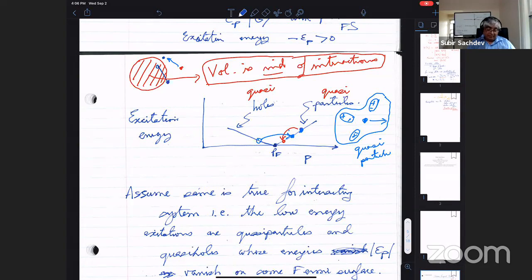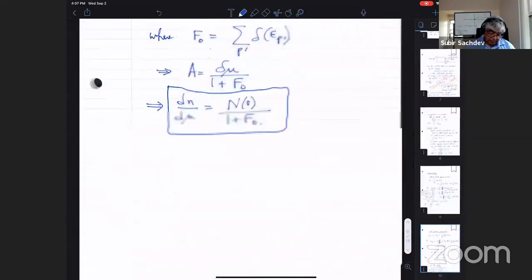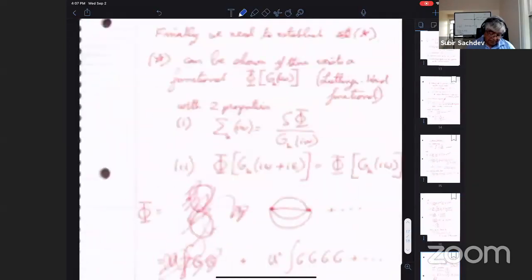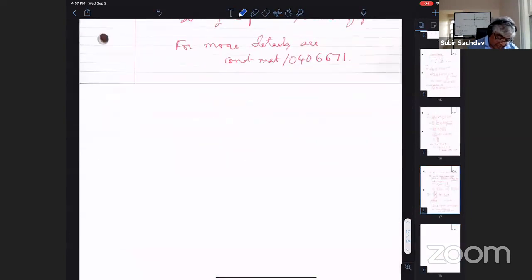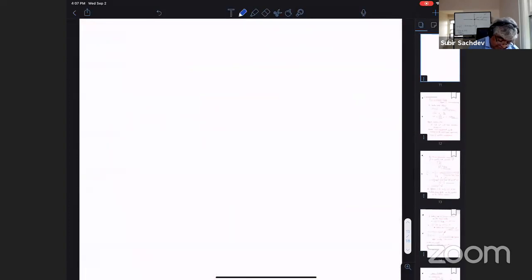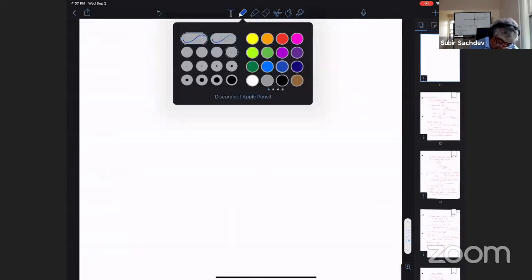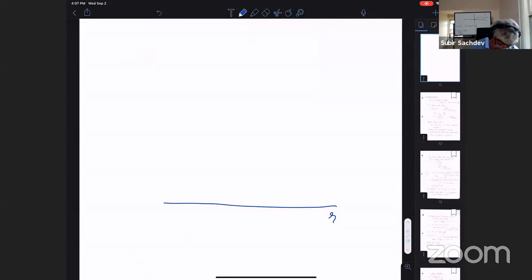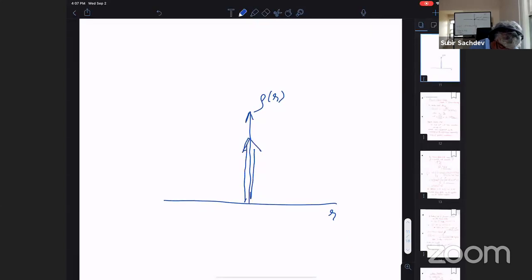Let me plot this here. Say this is some location, this is R, and I put an electron here. This is the electron density, rho of R. I put an electron at this point, R equals 0, so there's a delta function in the electron density. Now, when I'm very far away, the density will be some mean value, some rho 0.